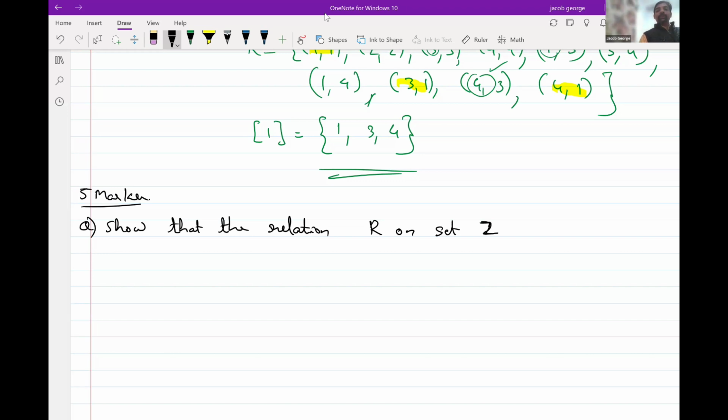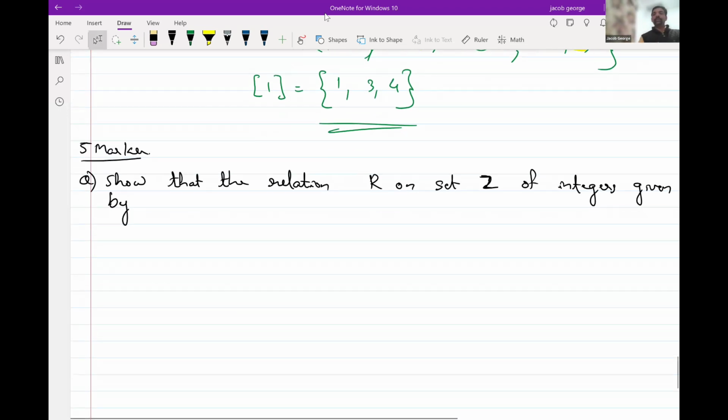Z is for integers. In class 11, we have studied the important set notations. Z is for integers. Show that the relation R on set Z of integers given by R is equal to